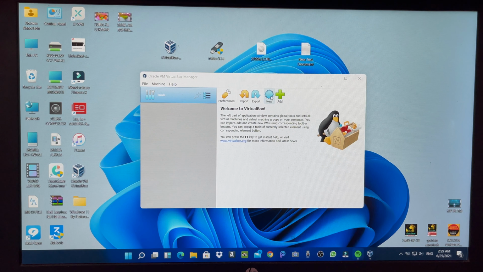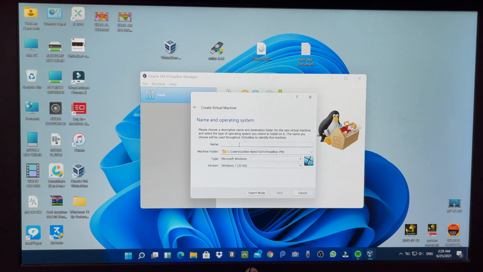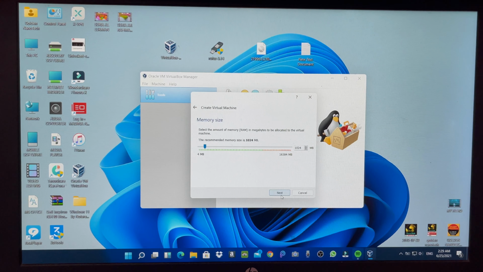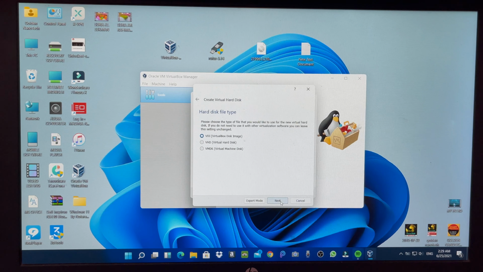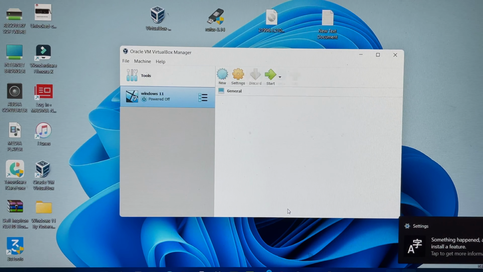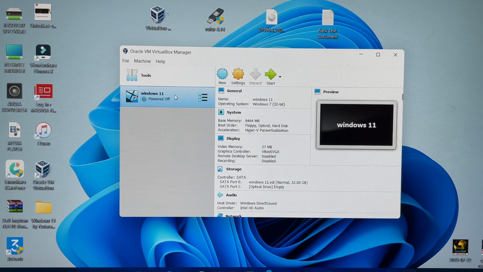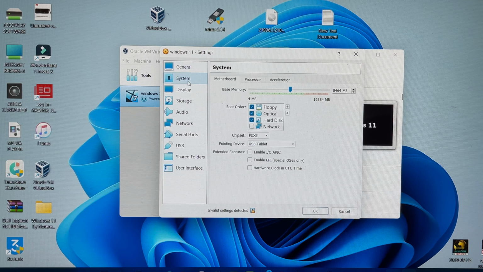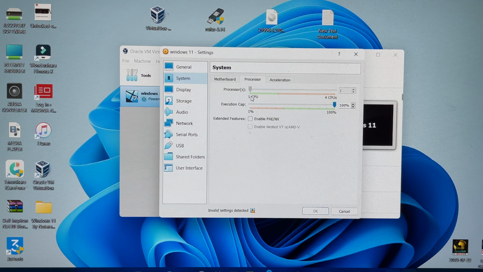So guys, now I go to New and type here Windows 11 and just simply click next. And here I have 16 GB RAM, so I make it 8 GB and next and create. Okay guys, just click create, and here is Windows. Go to settings and go to the system and go to the processor and make it automatic, CPU 4